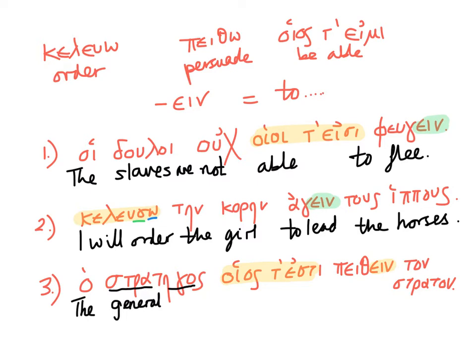Hoios te esti, we've seen before, is able. Now here's our infinitive, so we're going to put to before it. Peithein is to persuade. And we will finish with the army. Now supposing we then wanted to add to that sentence, and we wanted to say, for example, to persuade the army to run,